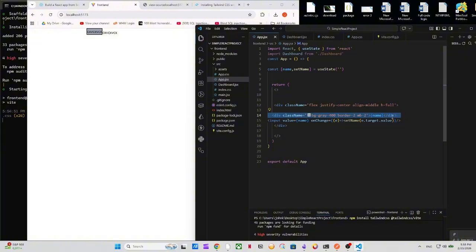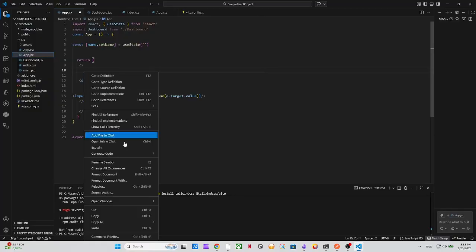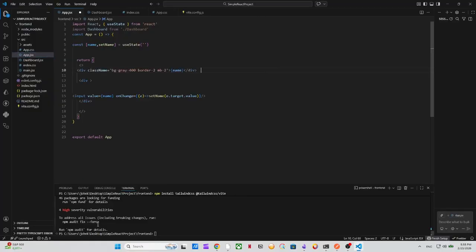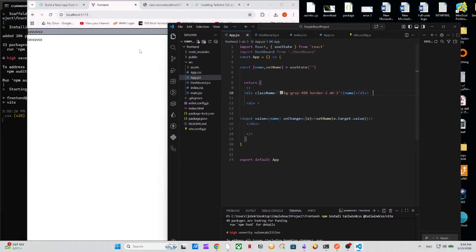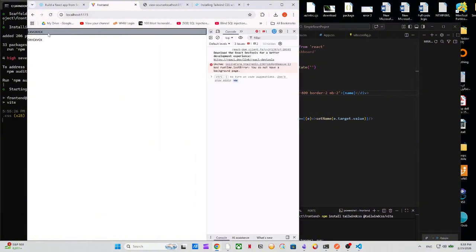We don't have to do that actually. We can just make it separate here, and we don't need this styling. This div, make it on separate styling, and so save this one. Yeah, so basically